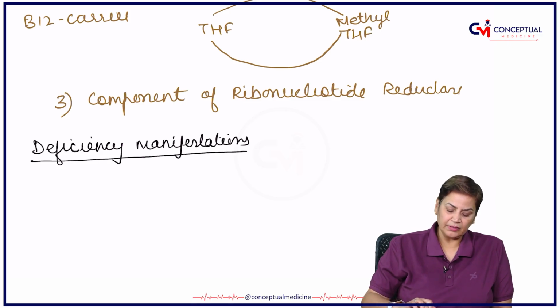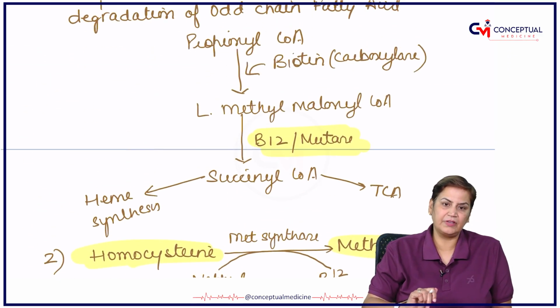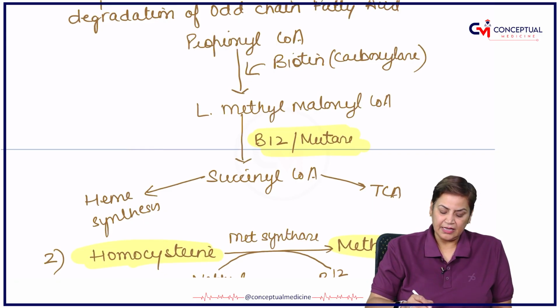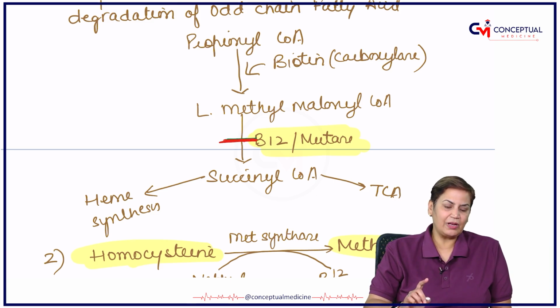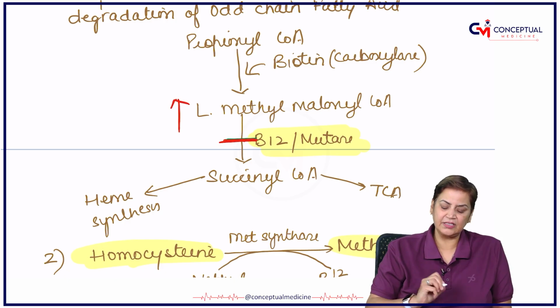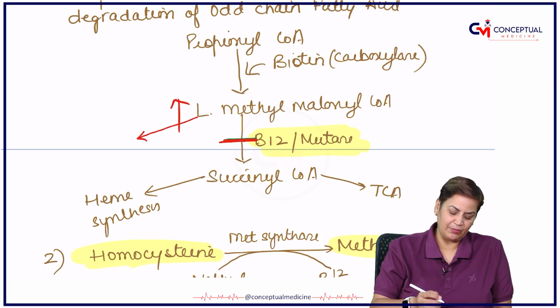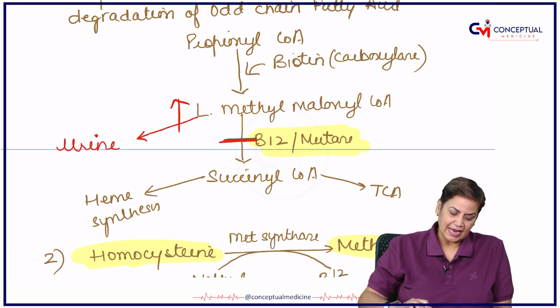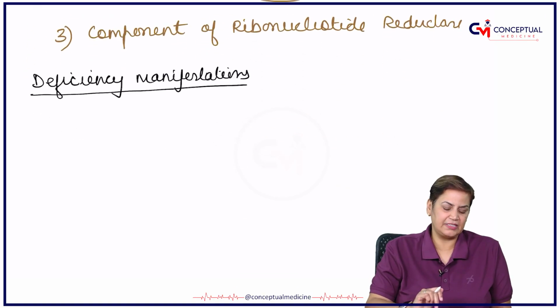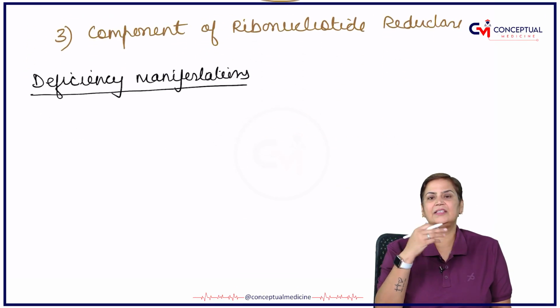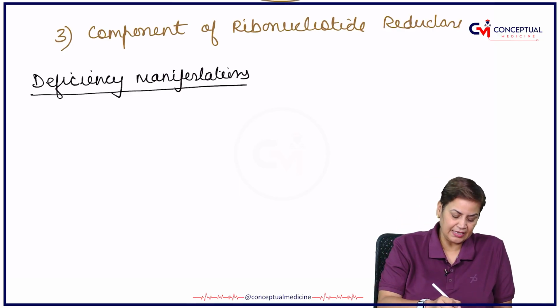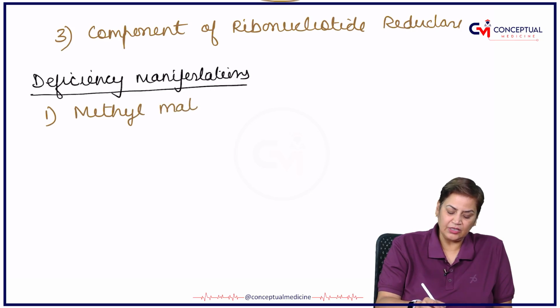Now if we talk about the first reaction, if I say that B12 is absent or deficient, there will be increased concentration of methylmalonyl-CoA, and this methylmalonyl-CoA will be excreted in urine. So exactly what happens is, in deficiency manifestations, this particular reaction is linked with two manifestations. One is methylmalonic aciduria,